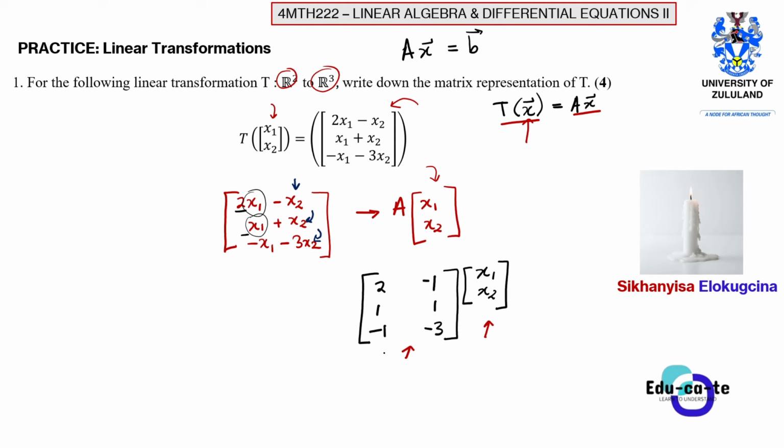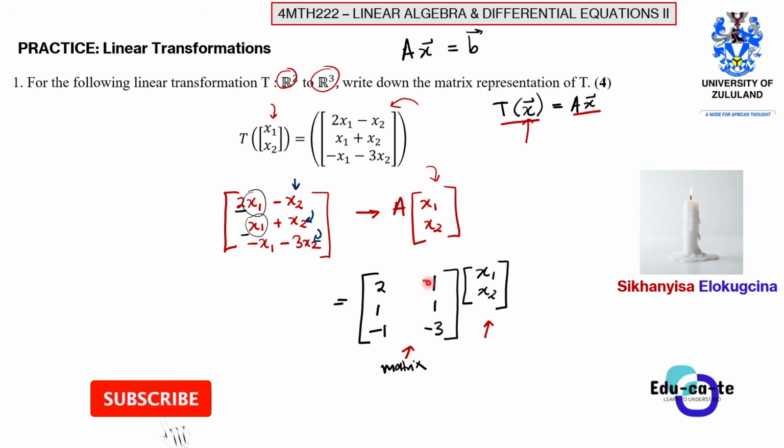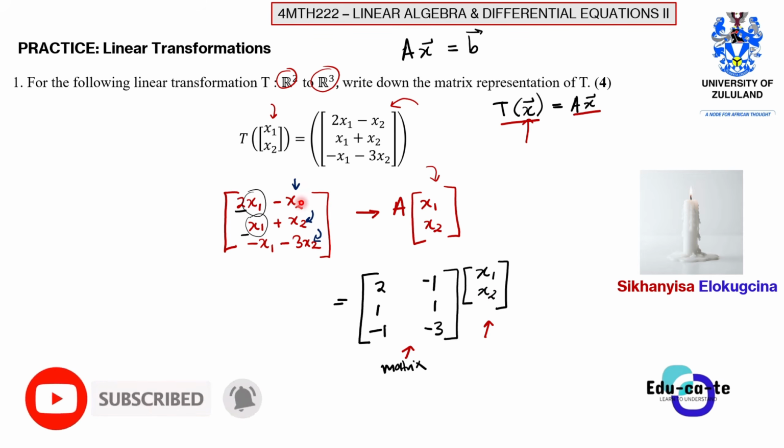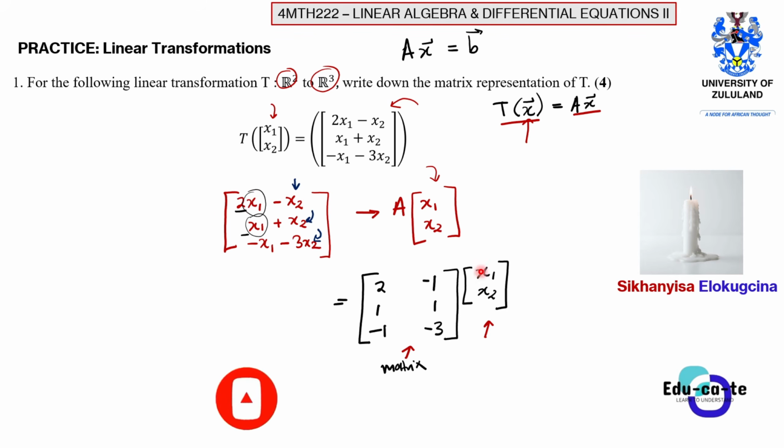So here, this is the matrix. This is the matrix representation of the transformation. So it simply means that for me to be able to transform this x1, x2 to having 3 dimensions, I have multiplied with this particular matrix. This is the matrix corresponding to the linear transformation given by this. If you do matrix multiplication here, this is going to be 2 times x1, which is 2x1, and this is going to be negative 1 times x2, which is negative x2. So if you reverse the process and do matrix multiplication again, it must be able to get you back to the same thing.